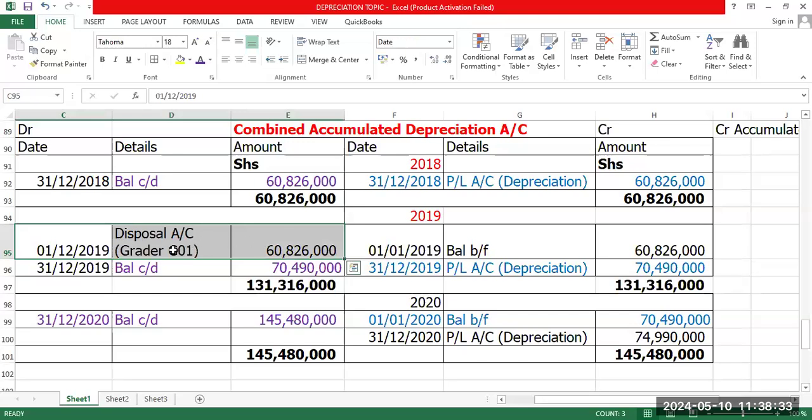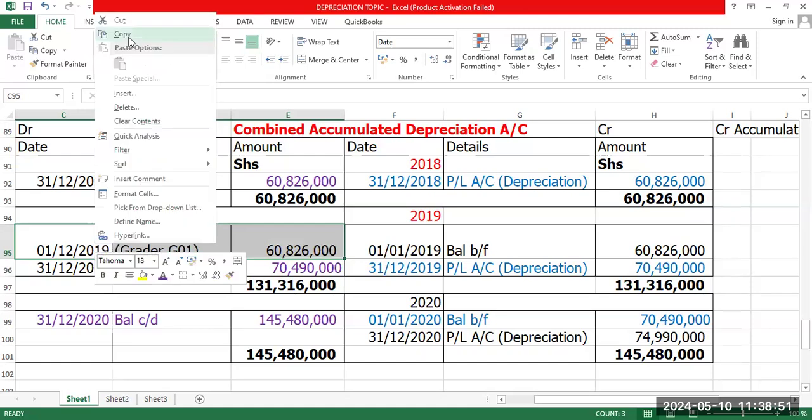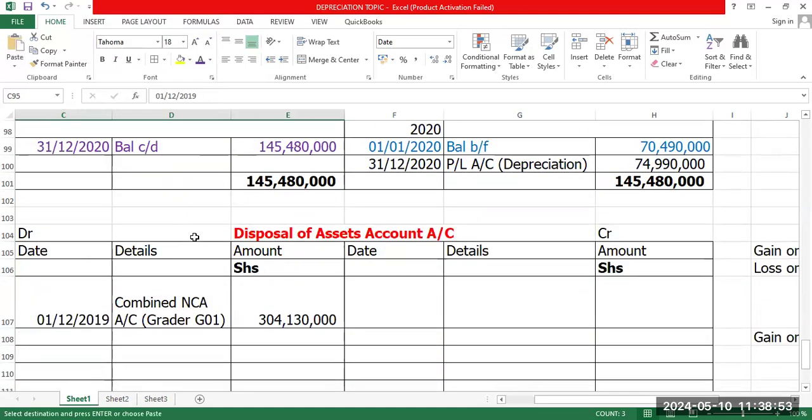So it means that I cannot, rather it is on debit. Here it is on debit. It means that I cannot debit again disposal account. I have to credit disposal account. Since here it is on debit, I have to credit when I go to disposal account. So I pick this information, I come here,